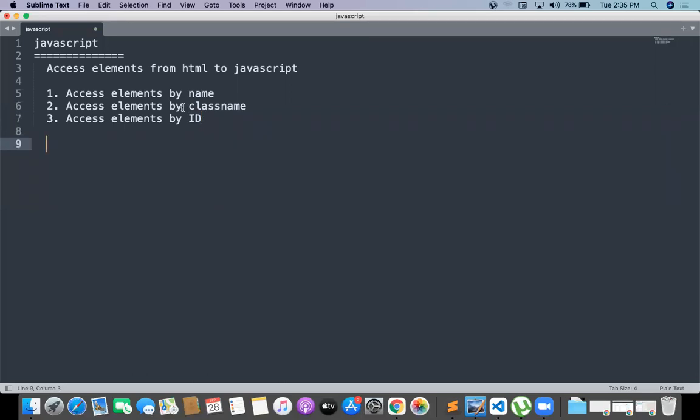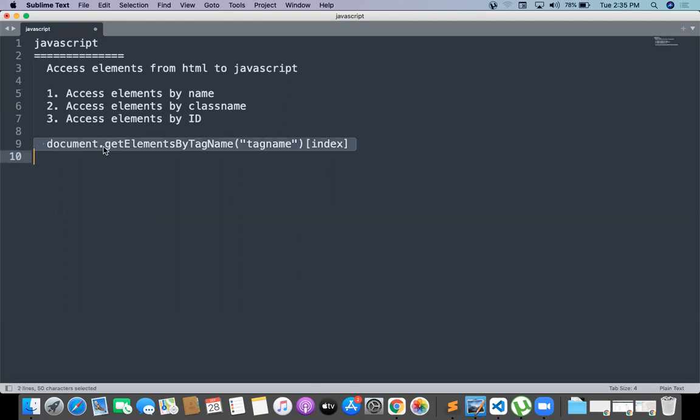We already know that document dot getElementsByTagName. The name of the tag we should mention, and you need to mention the index of the array.